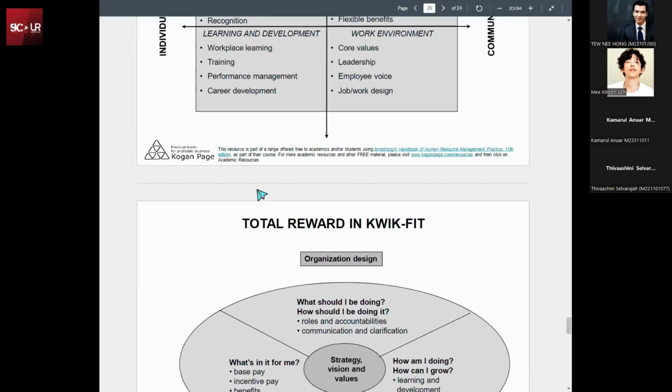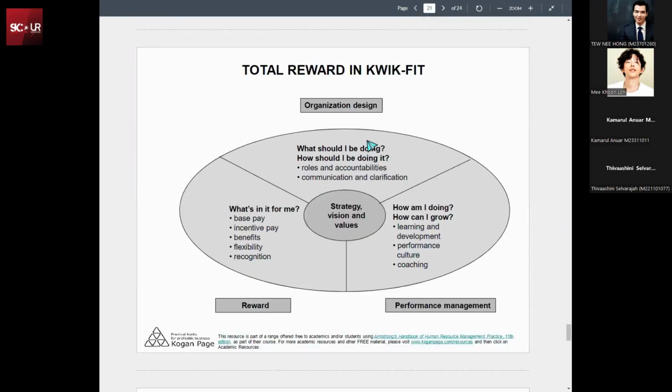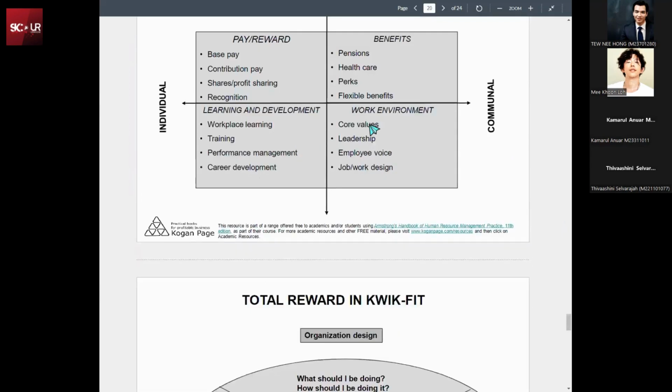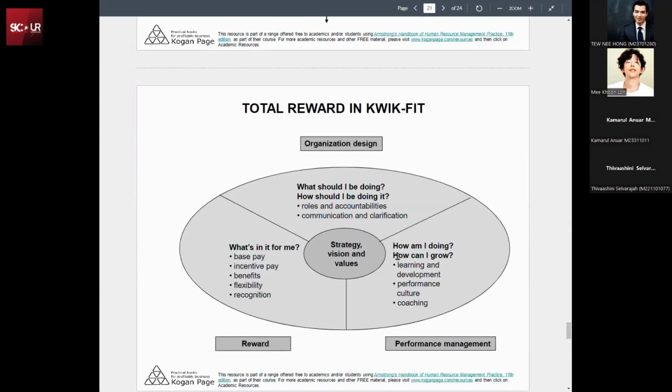Another one is by using the Quick Fit framework. In the Quick Fit framework, they are focusing on strategy first, and they will answer three questions: Who am I? What should I be doing? How should I be doing it? So they're focusing on the design